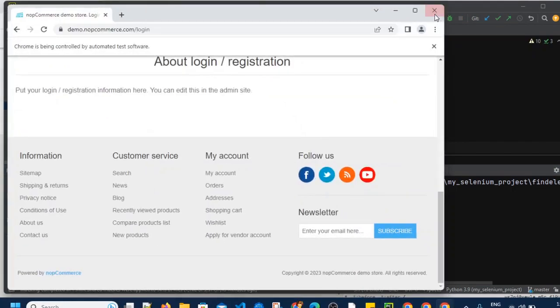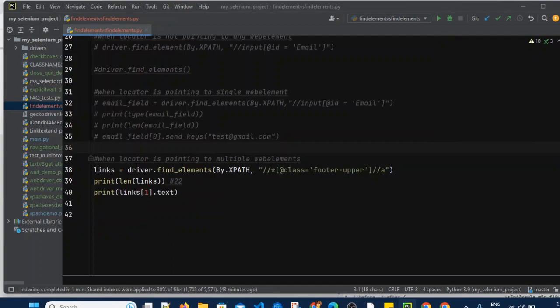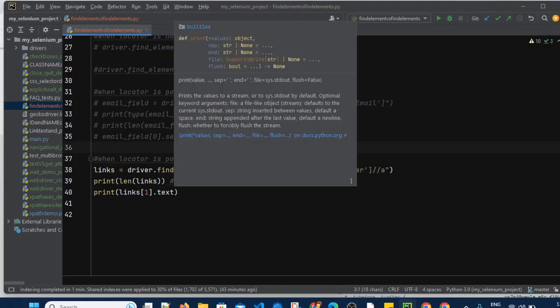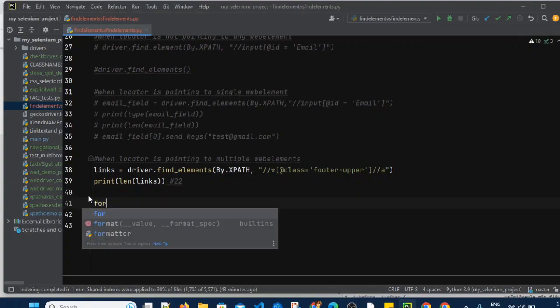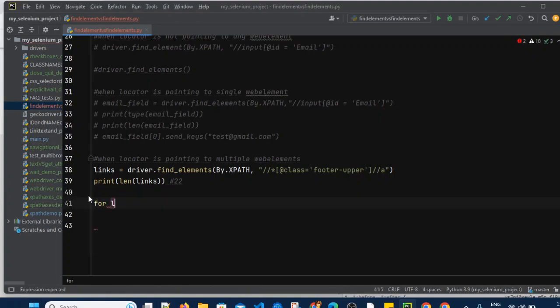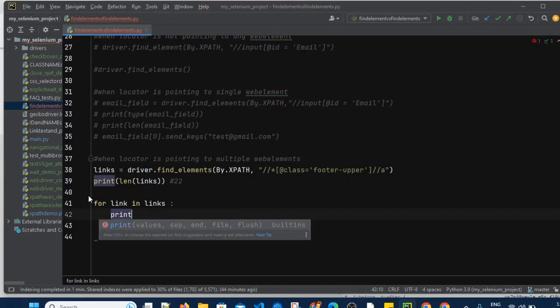Now there are multiple links. If I want to check all the links, I would have to type print links 2.text, 3.text, 4.text. That would be inconvenient because there can be 100 links, there can be 200 links. So for that we can use a for loop here. I will use for link in links, and I will simply print